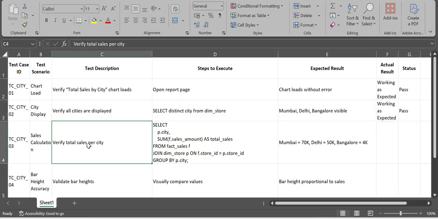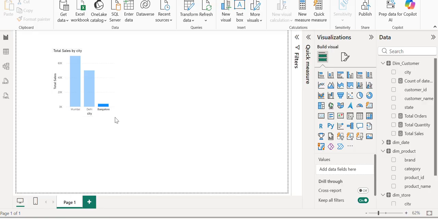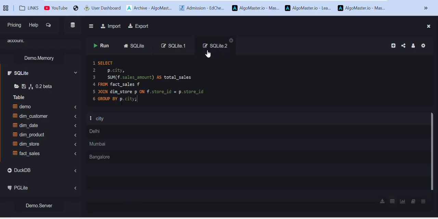Now the main part: verify total sales per city. On the report, you can see that on the x-axis we are showing the city name, and on the y-axis it's showing the total sales count. To derive that count, you need to prepare a SQL query. Here I have already written one SQL query: select city, sum of sales amount as total sales from the fact table, and I have joined it with the dimension table on store ID of the dimension table and the store ID of the fact table, and group by city. Once you run that query,